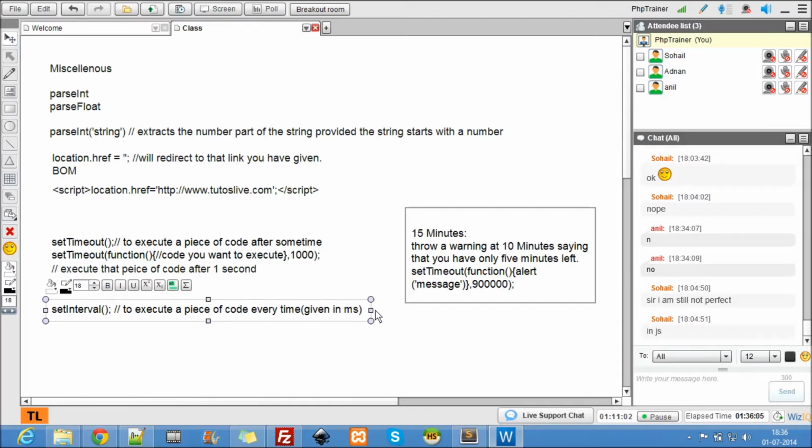Right, so that's setInterval. The syntax is the same as setTimeout: setInterval function, and what is the piece of code you want to execute?